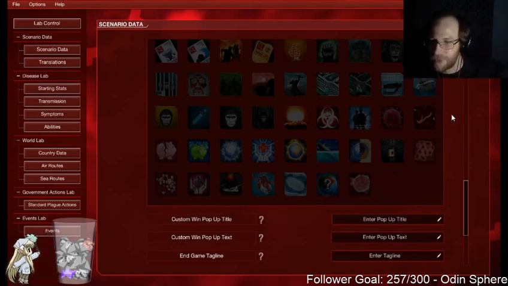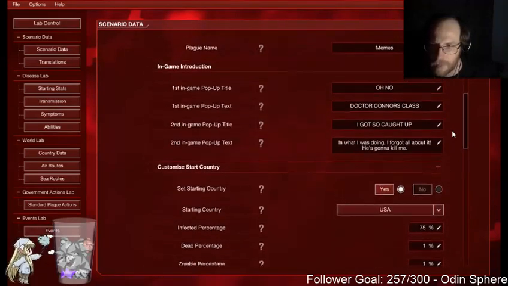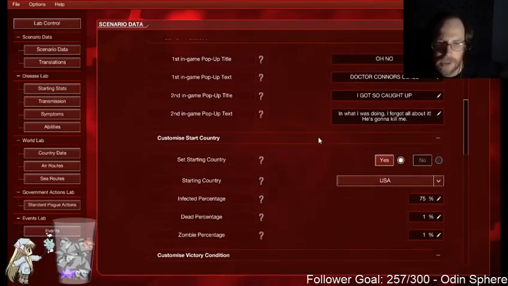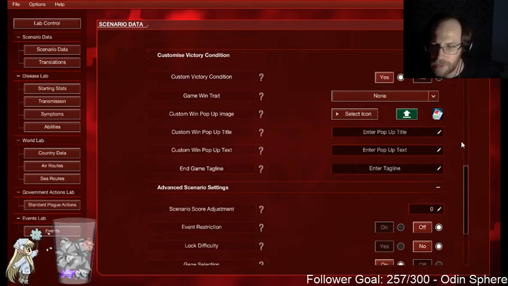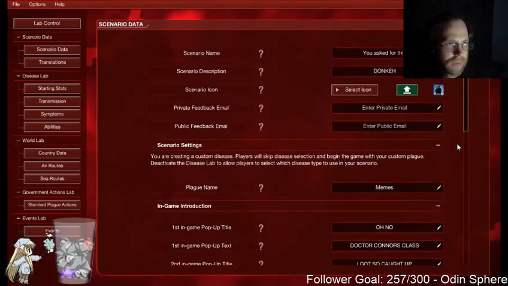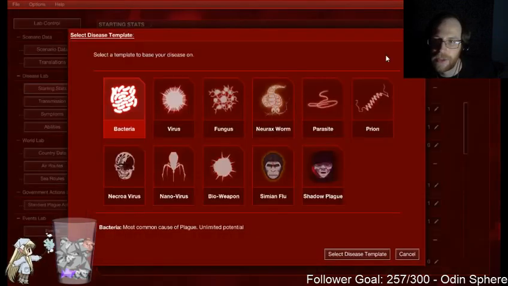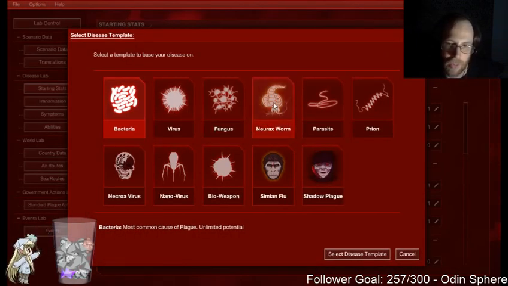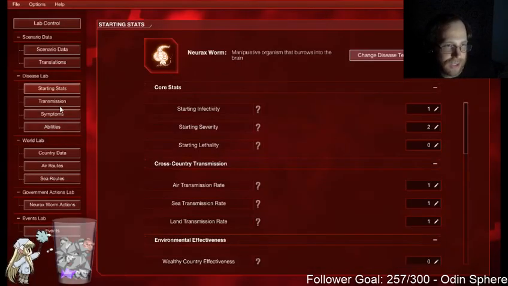It's currently a bacteria, so I have to change it. What is it? Hold on, where is this again? Number of zombies. Disease lab. Okay, so that happened the instant I turned on the actual disease lab here. Bacteria. Change the template. Back to the worm. I know, God, this is...